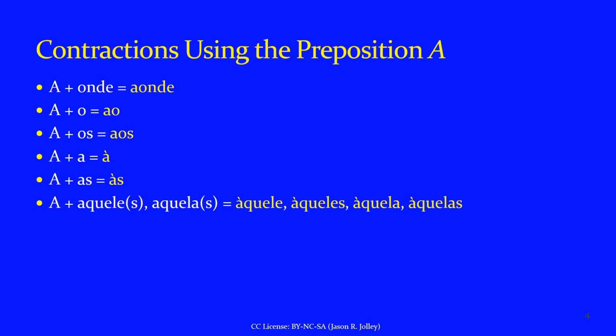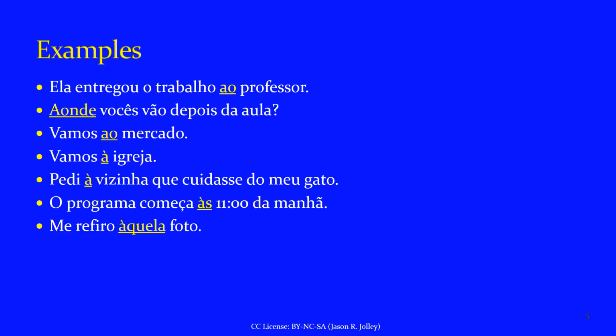the last three bullet points, are examples of the form known in Portuguese as crase, which occurs when the preposition a contracts with the feminine articles a and as, or another word that begins with the sound a. And it's going to be marked in writing with the grave accent mark, that inverted accent mark. So on this slide, what we have are some examples that use the combinations or contractions formed from the preposition a. Let's take a look.